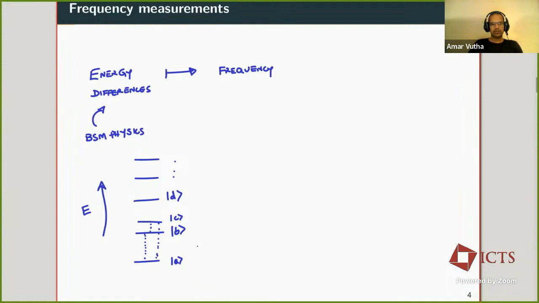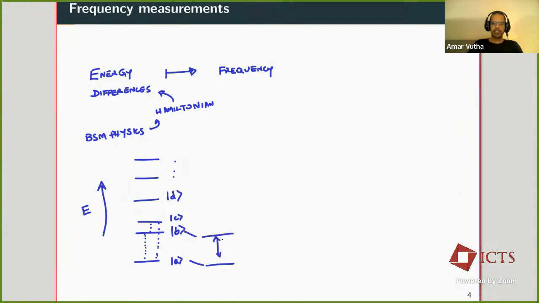But there's another aspect of it which is important. See, BSM physics leads to changes in the Hamiltonian. Okay? And the way it turns into energy differences is because it adds extra terms to the basic Hamiltonian of atoms and molecules. And through that Hamiltonian is how you end up with these energy differences. And so what that means is if your Hamiltonian contains a beyond standard model perturbation or beyond standard model effect, and it moves these levels, let's say we focus on the A and B levels. So let's say A gets pushed down in energy by this beyond standard model physics. And so A turns into something that's a little lower in energy. If B also gets pushed down by the same amount,